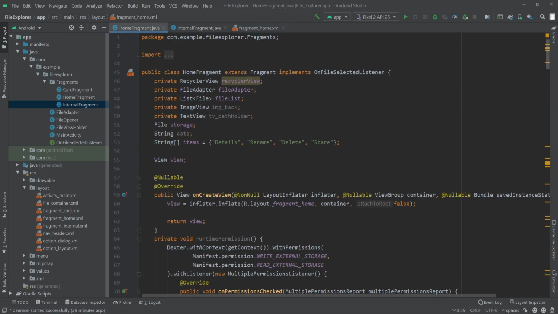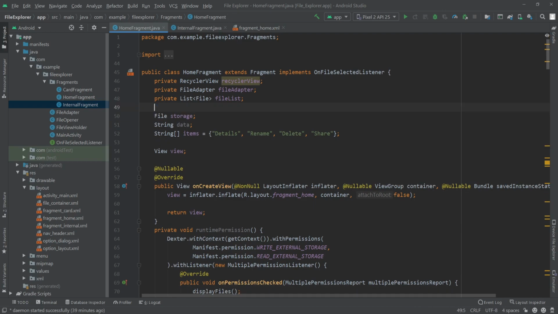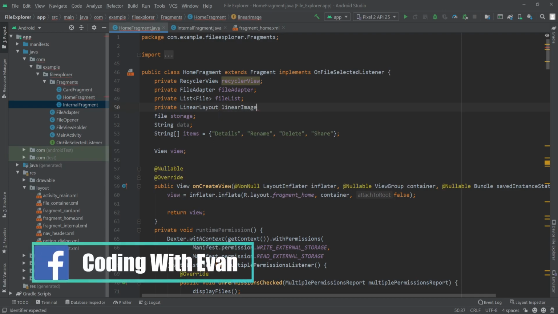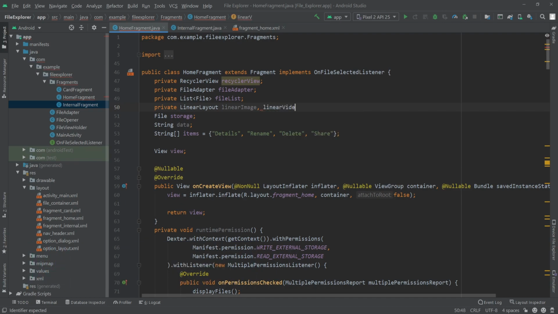I'll remove this image view and text view because we don't need them, and we will create linear layout objects, and we need to create 6 objects. So the first one will be linear image, then linear video,